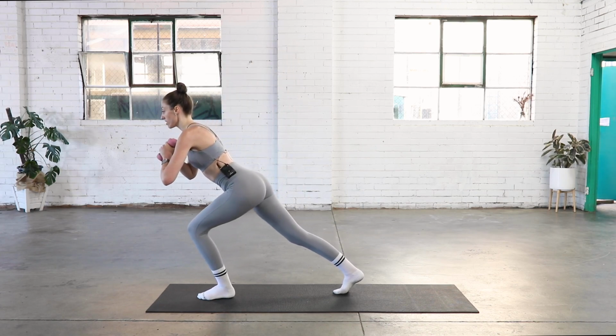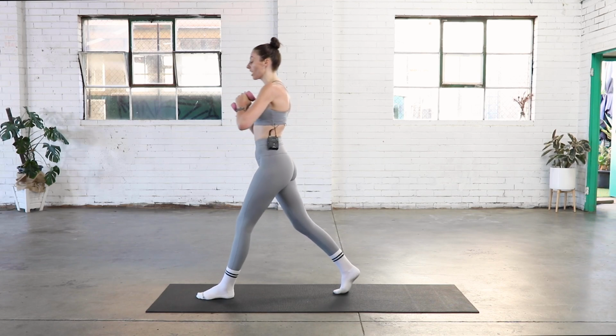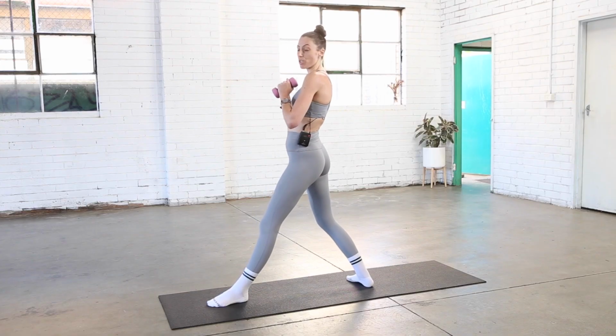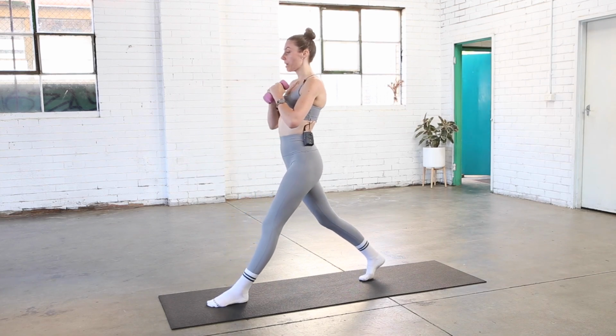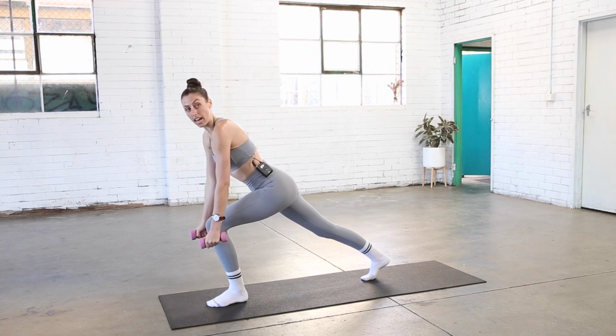Hinge forwards, Tippy bird. Stack up. Keep that length through the back leg. So try and avoid dropping the back heel down, opening up those hips. Stay centered. Tip forwards to your Tippy bird. Stack up. Now with your arms, we're going to start to lower them so they shape the front leg as